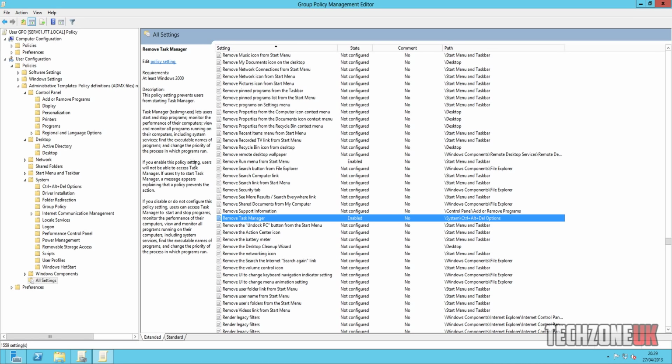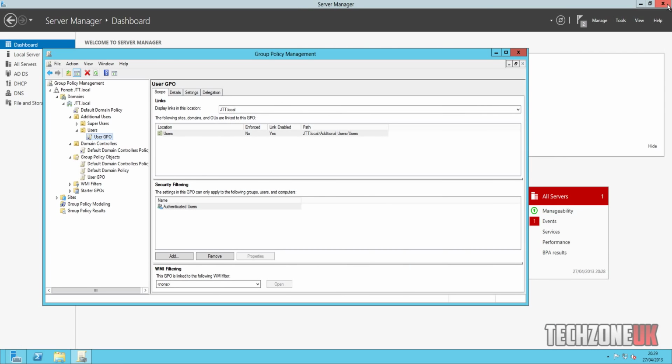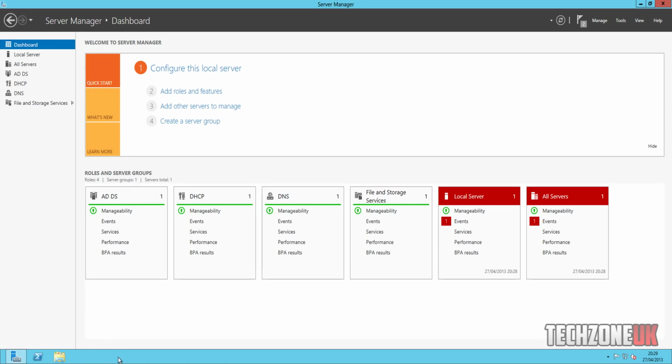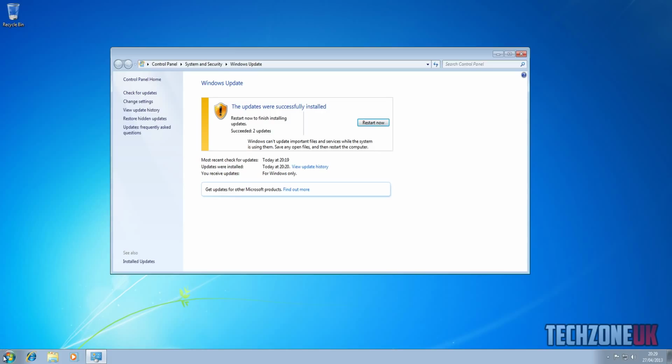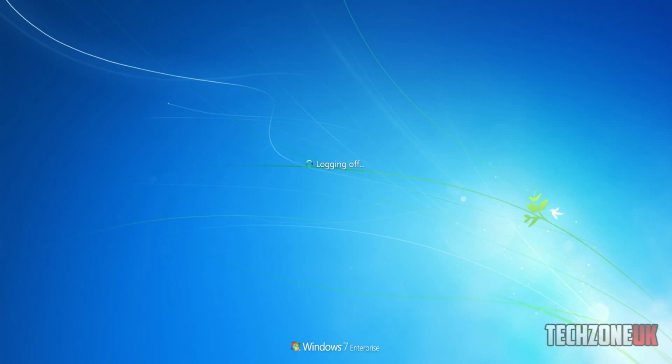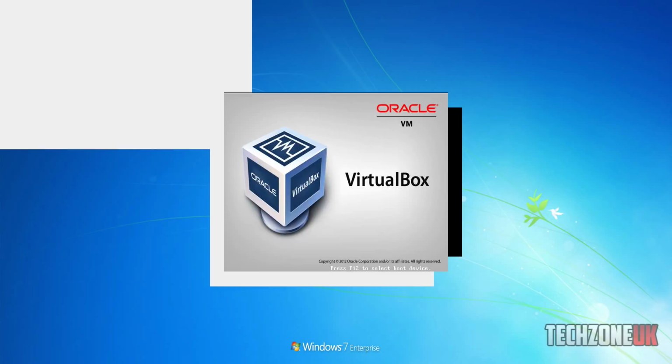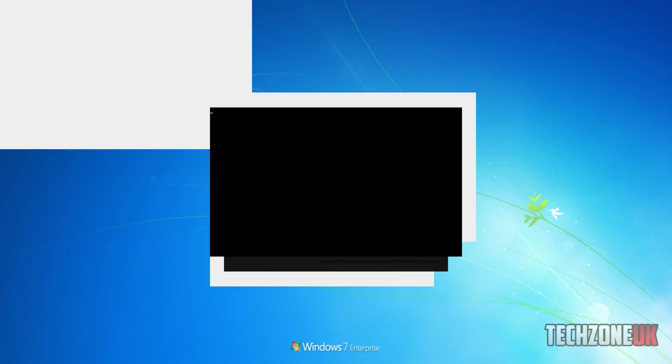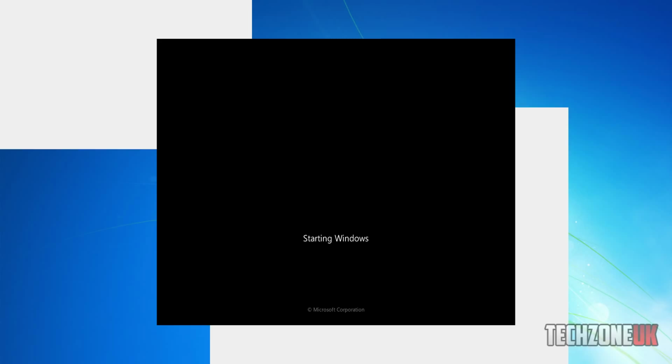So yeah, what we're going to do now is close out of group policy, get our PC here and restart it. What restarting does is there's a thing, if you're doing group policy, you can do in the command prompt called gpupdate /force if you have to, or just gpupdate. And basically what that will do